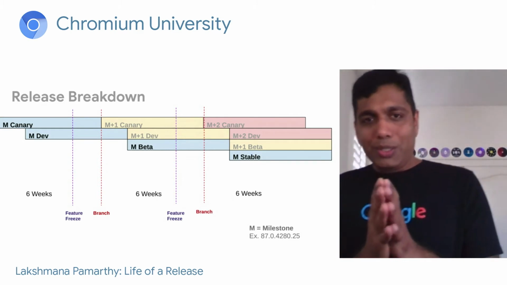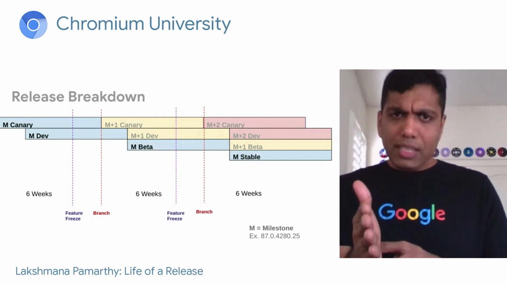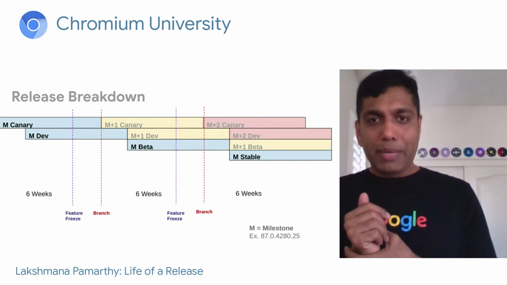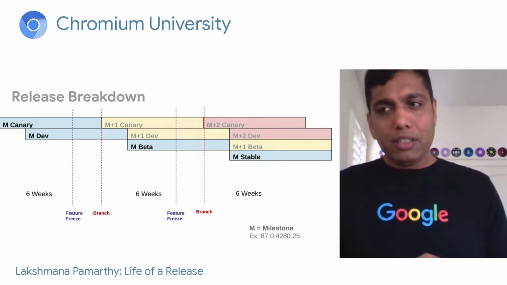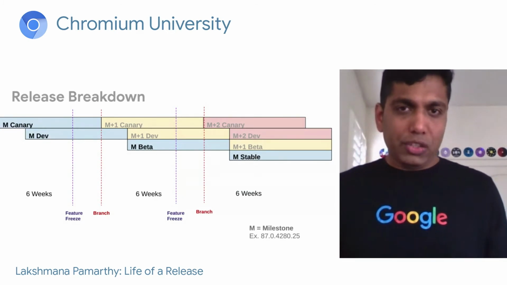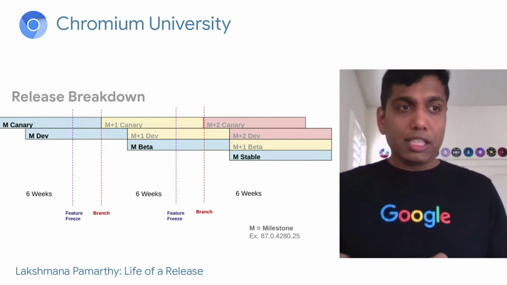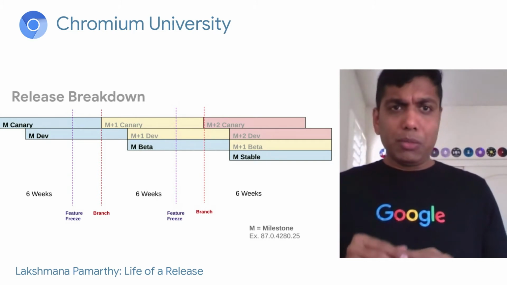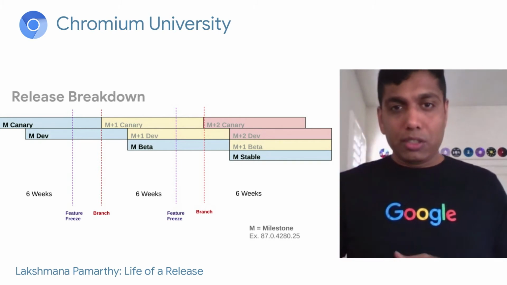Very close to the M+1 canary, you can see there is a branch event happening. That branch event is for the milestone release M. So we pull a branch from the master, and then we go into our path, the side road I was telling you about earlier, which is the milestone branch. Any changes that come into the particular branch need to be approved. Some are manually approved by the release managers. I think in the first couple of weeks, some can be auto-approved. But there is a lot of scrutiny in making sure